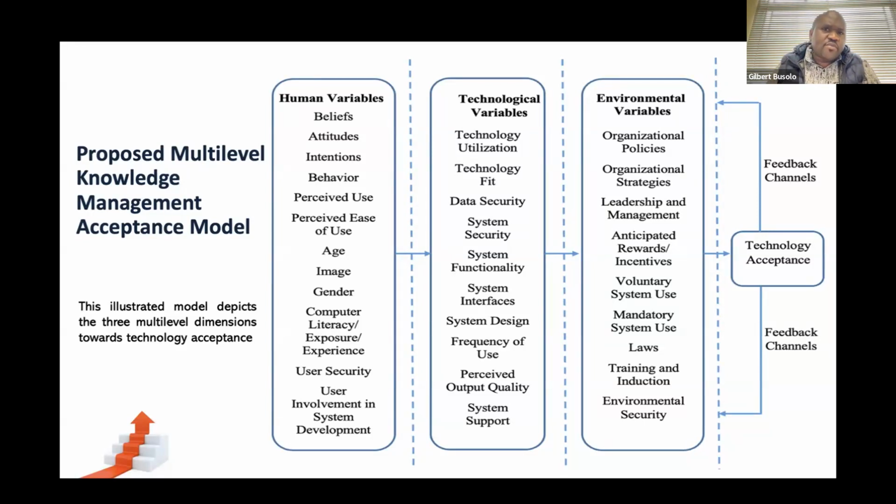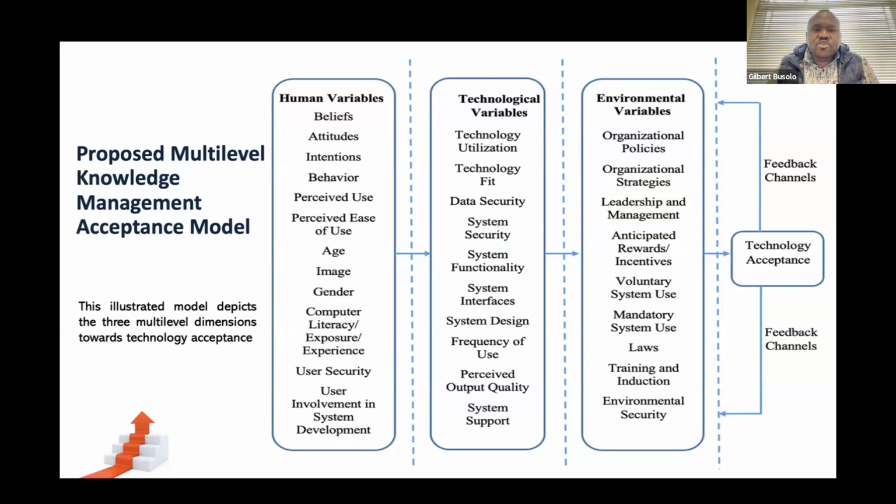So when we look at some of the technological variables, the variables that are basically key and mostly focused on, that is the technology, is the utilization of this technology. How best does it fit in the environment in which it is being used, the security of the data, the security of the system. We look at even some of the things like the functionality of the system. How does it operate? How are the interfaces designed? How is the system designed? That is the user experience